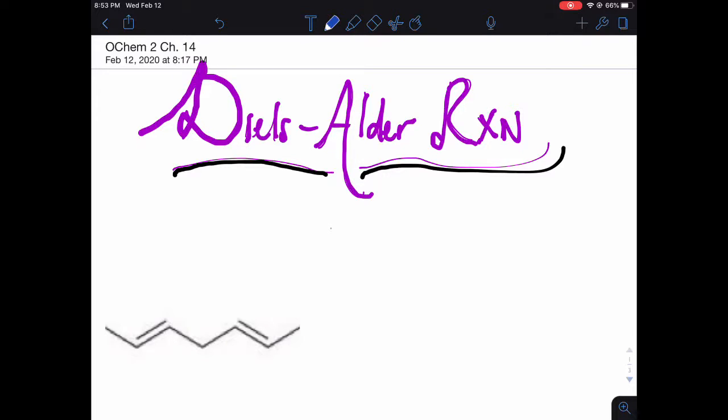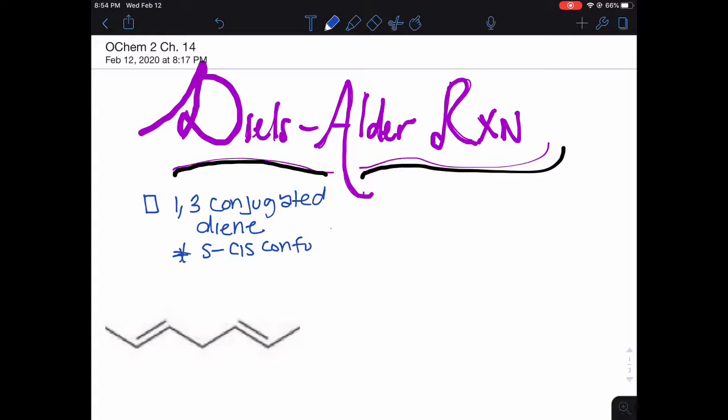In a Diels-Alder reaction, you're going to have a 1,3 conjugated diene. Okay, and this 1,3 conjugated diene has to be in an s-cis conformation. So something like this. All right, so